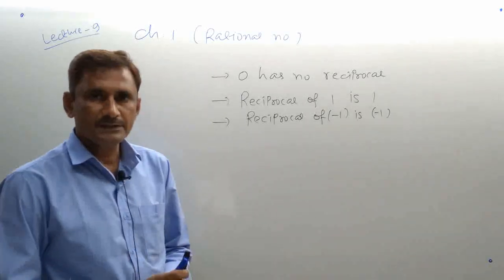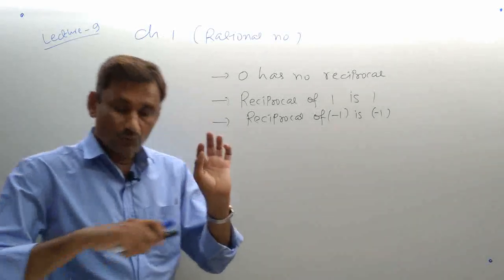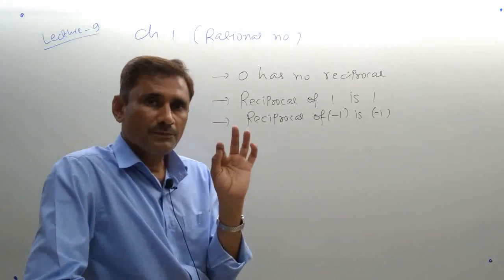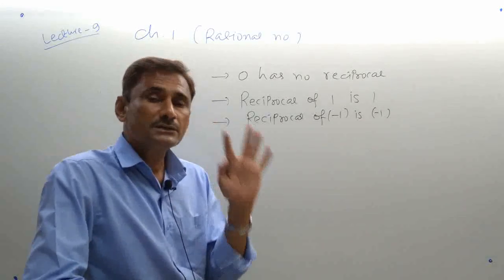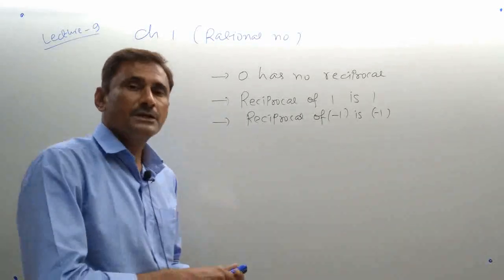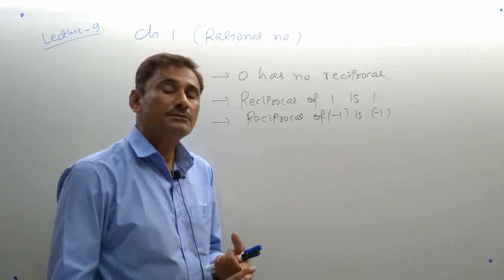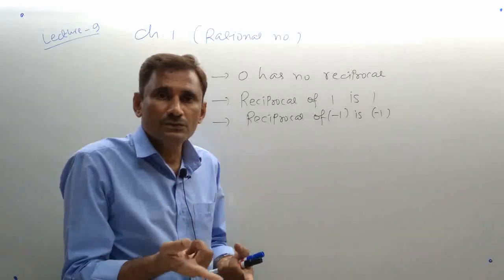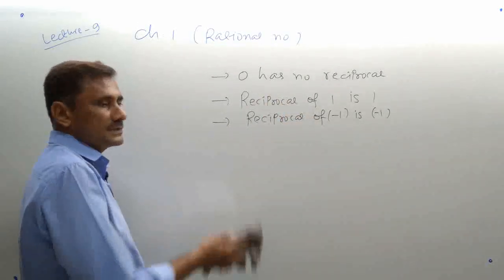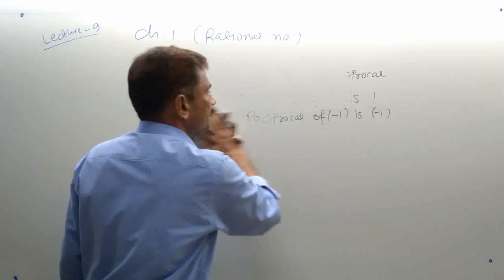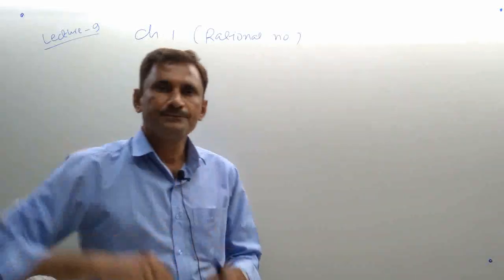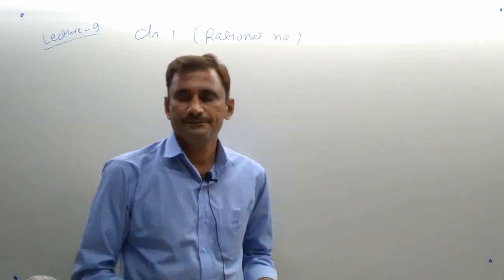Okay, now let's practice. So far, what we studied: closure property, commutative property, associative property and distributive law. Then if anything is multiplied by 1, the answer will be the number itself. Any rational number multiplied by 0, the answer will be 0. And this is the last concept, reciprocal. Reciprocal means nothing, just get it inverted. Inverse means up goes down, down goes up, upright then opposite.